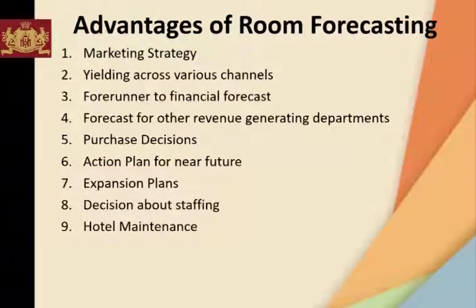Also, additional revenue that will be generated from other departments, for example food and beverage, laundry, etc., is proportional to the room occupancy. The hotel finance controller creates a cash flow forecast based on this forecast by the revenue manager, and this forecast is periodically compared with the hotel budget to track the deviation.